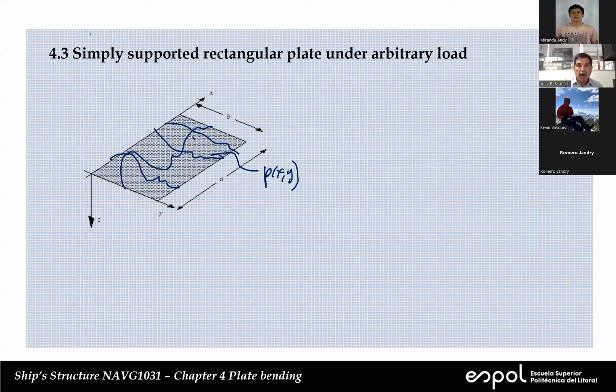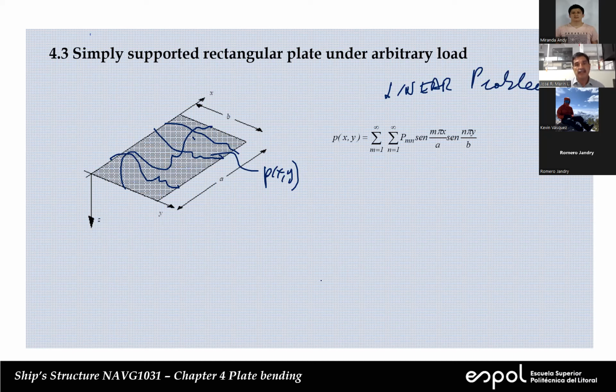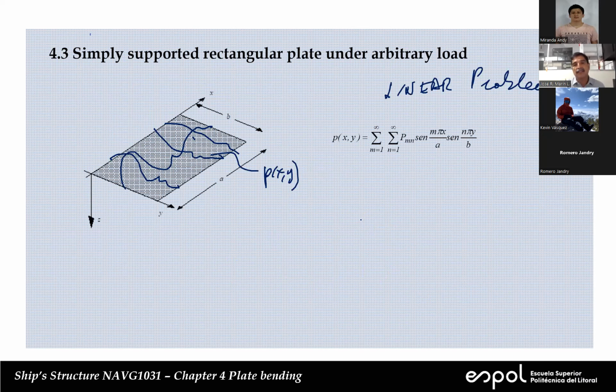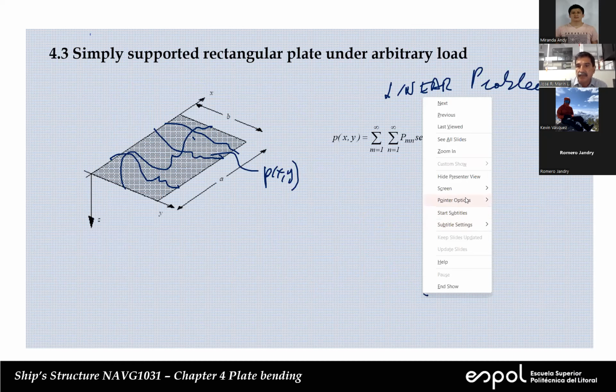Okay? But since this is a linear problem, we can use superposition. So what we do is this. We express this function, which is really terrible, right? In this way. And we know that the solution to each one of these terms is equal to this. So that's solved. Okay? So if we do this, transform P or express P in terms of this sinusoidal